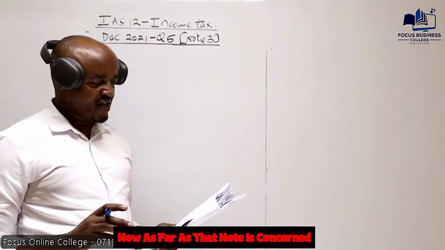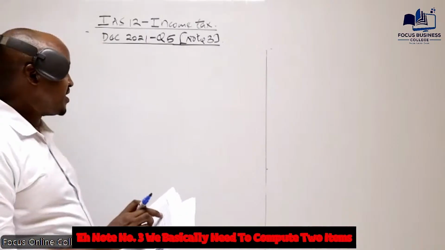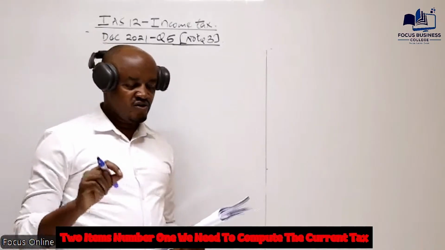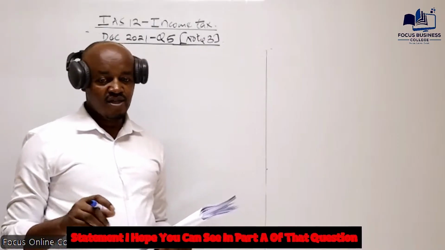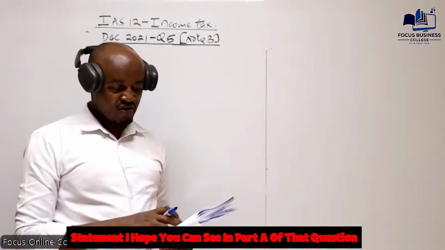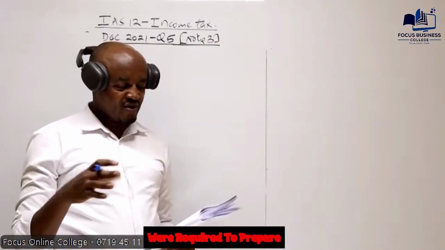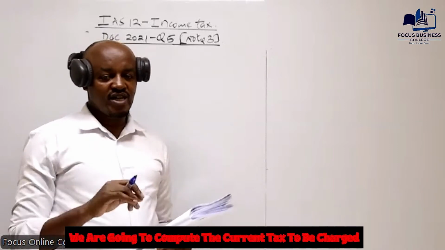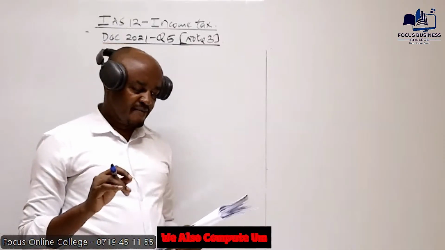Now, as far as note number 3 is concerned, we basically need to compute two items. Number one, we need to compute the current tax, which will be charged in the income statement. I hope you can see in part A of that question, the candidates were required to prepare the statement of profit or loss. We are going to compute the current tax to be charged there. And number two, we also compute the